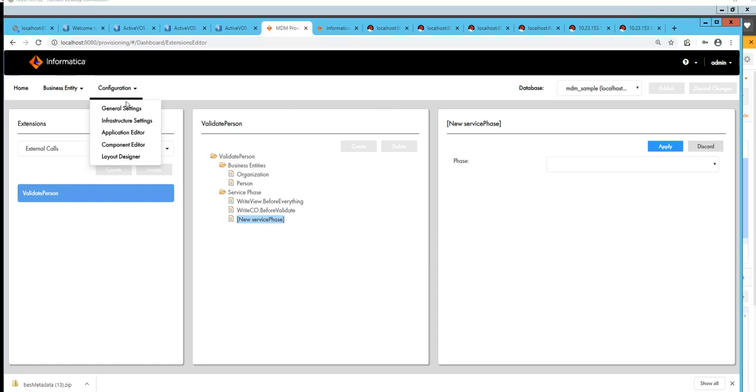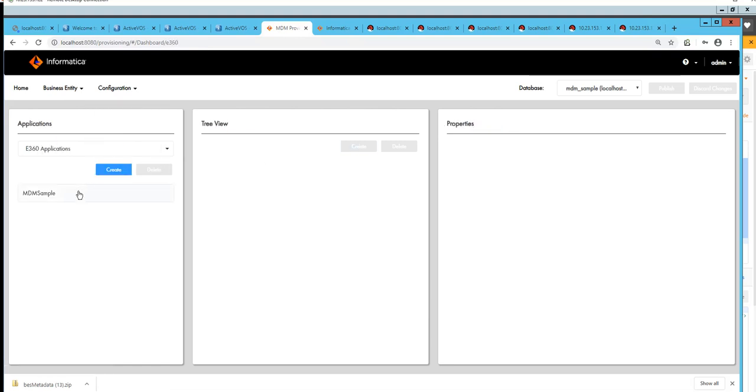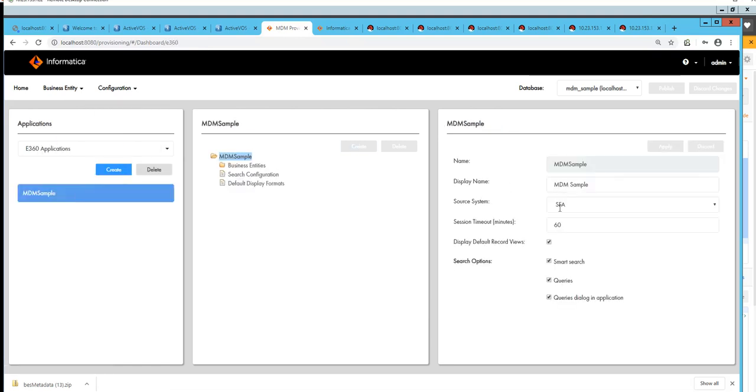Let's go back to the demo. Now I've logged into the provisioning tool. Business entity configuration, we are almost done. Now we'll be checking how to create a business E360 application. First, I will click on the application. This is my MDM sample. This is my application, where you define what kind of searches you want to configure, what your source system is, what the timeout is, and this field is very